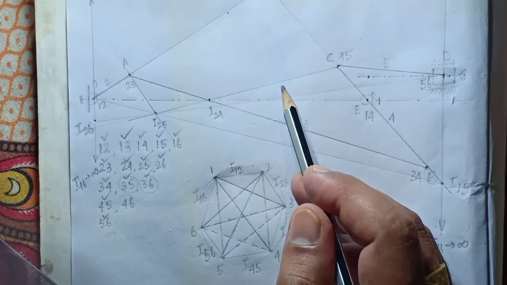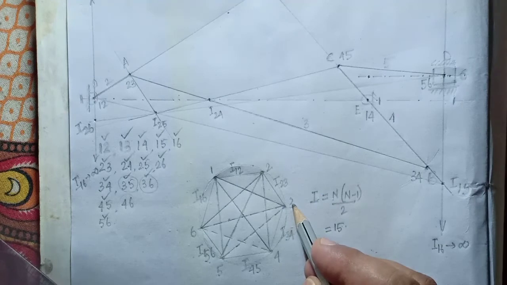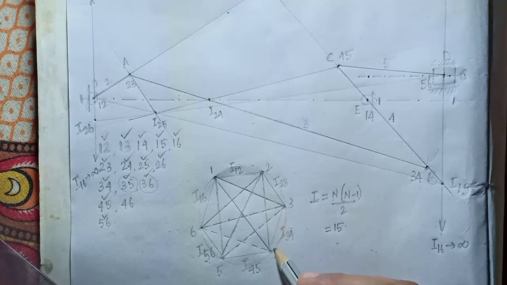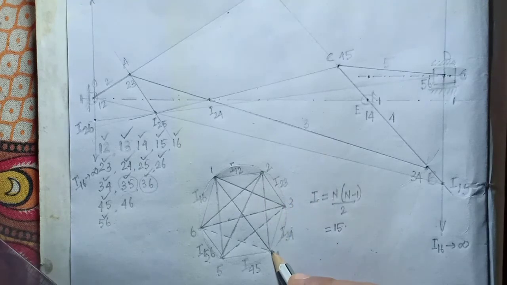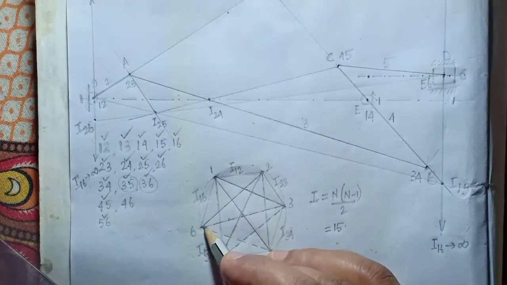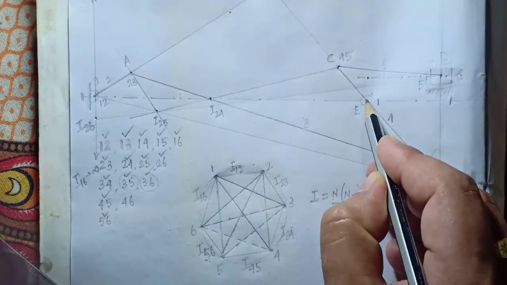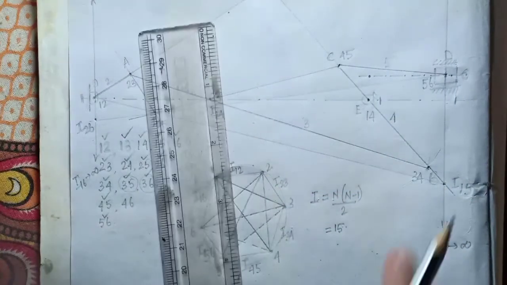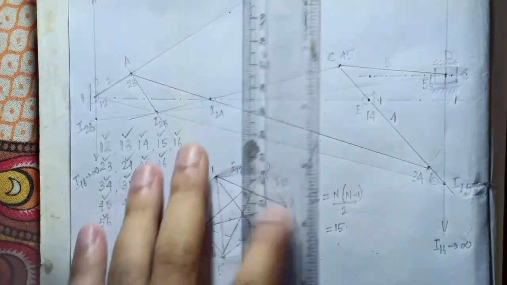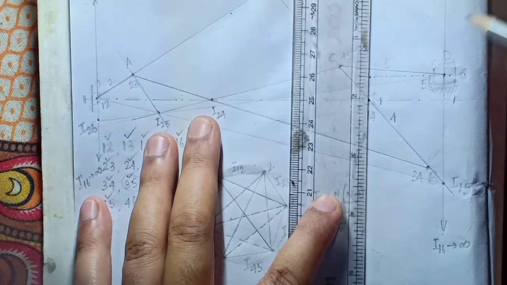Now which can be chosen easily? We are not choosing 4 to 3, 3 to 6, and not 4 to 2, 2 to 6, but we can choose 4 to 1, 1 to 6. Yes, in the counterclockwise direction we can choose 4 to 1, 1 to 6. So this is I14 and I16. As I have stated already, the 1 6 line can be drawn from each and every fixed point. So obviously draw this line from this point.